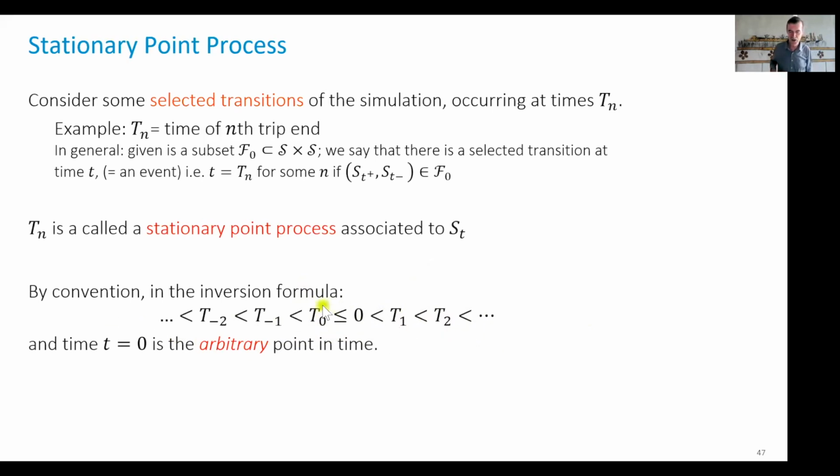And in this context, since things are stationary, 0, like any point in time, corresponds to an arbitrary point in time. So very often the formulas will use t equals 0 as the arbitrary point in time. That's the difficulty of this framework, just to understand this thing that I'm presenting now, which seems a bit weird, but it's less weird if we think that the simulation is stationary, and then we have a sequence of time instants that are anywhere, and I choose the label based on their values, as opposed to what we usually do, where T0 is my first value, T1 the second, etc. Here we have to think a bit differently.